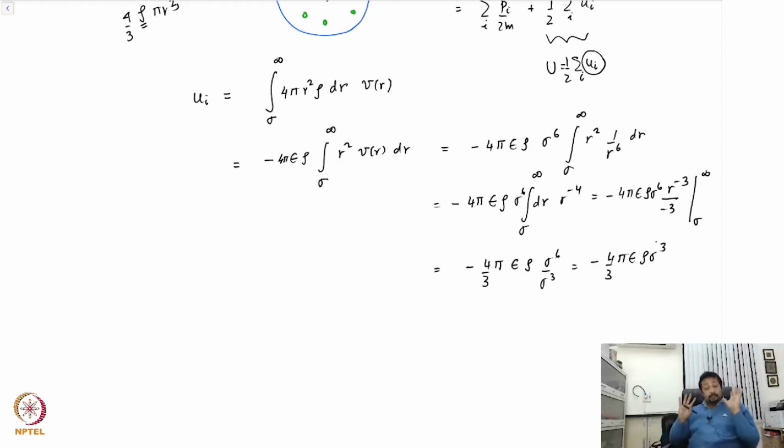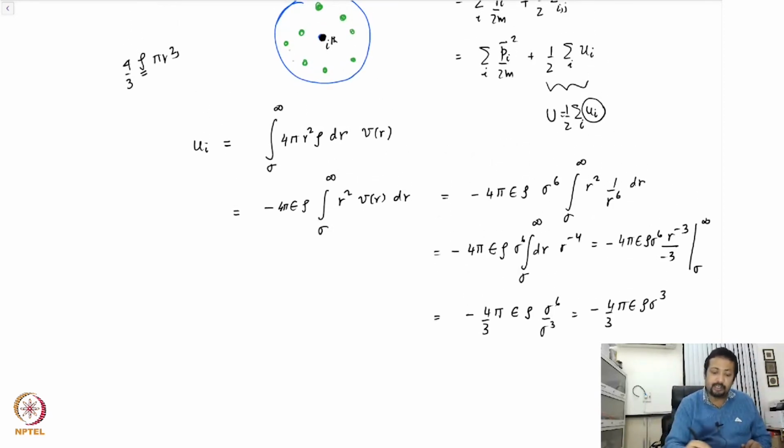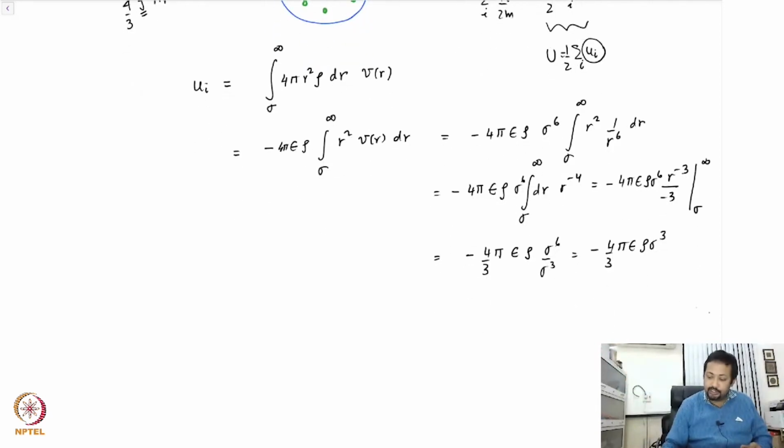Please note that this description is only valid when it's a weakly interacting gas, where the density is very dilute and you are at high temperatures, so that the particles rarely see each other. So essentially what you do is average out the interaction energy surrounding the particle. If the particle separation is r, how many particles are contained over here, and then you integrate out the whole volume, and essentially you come up with this expression,